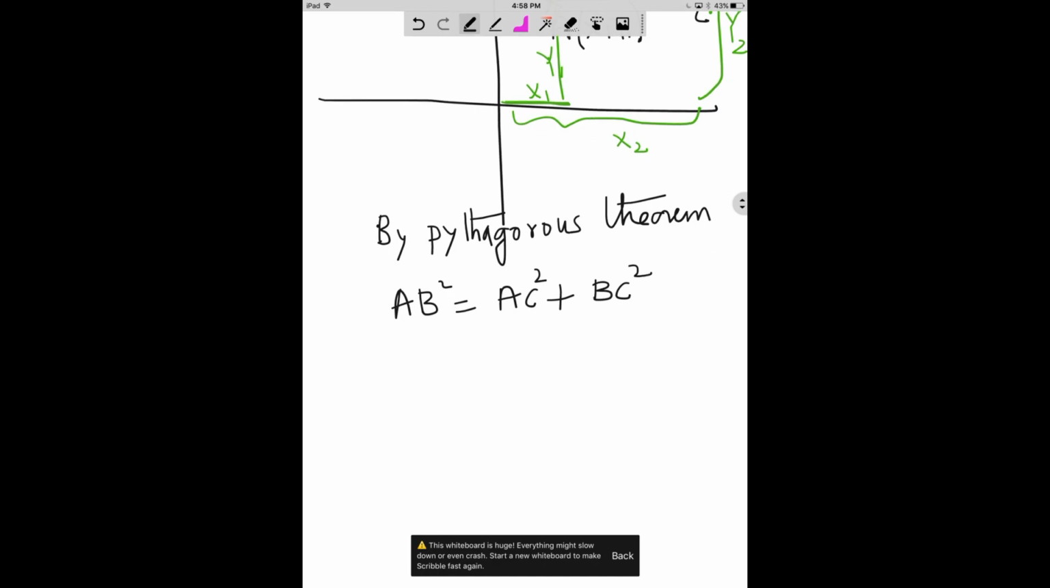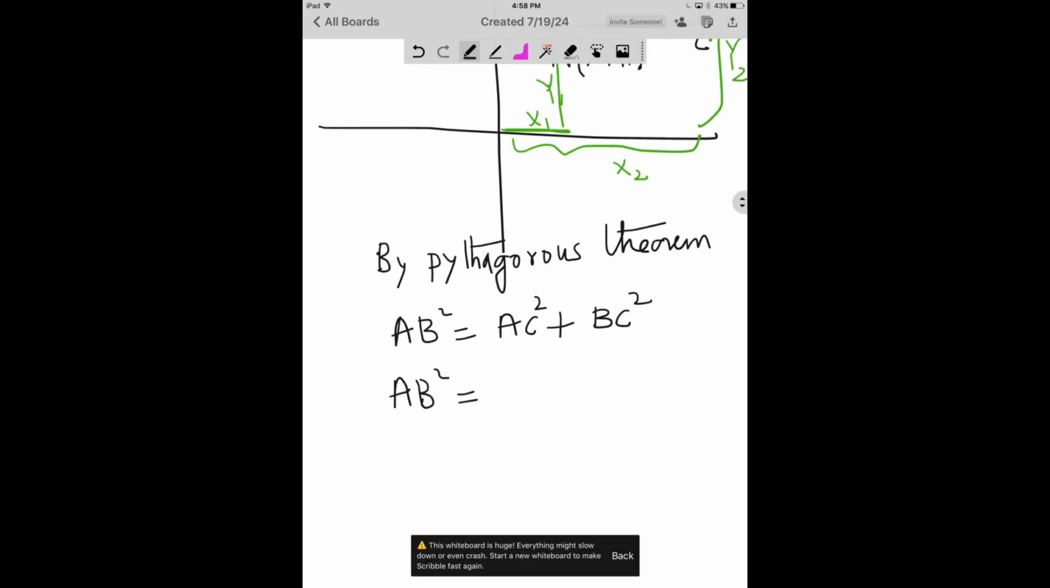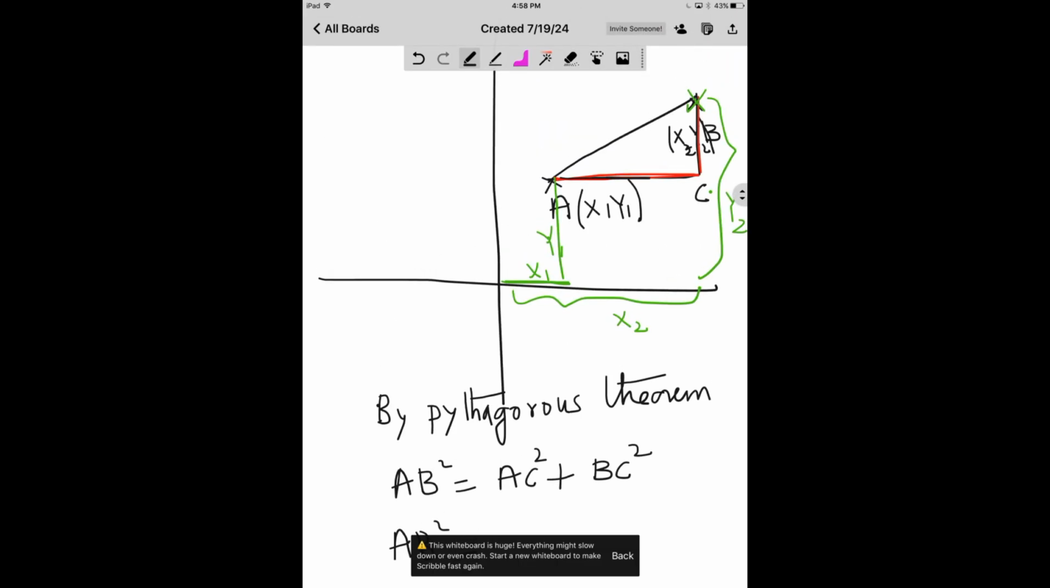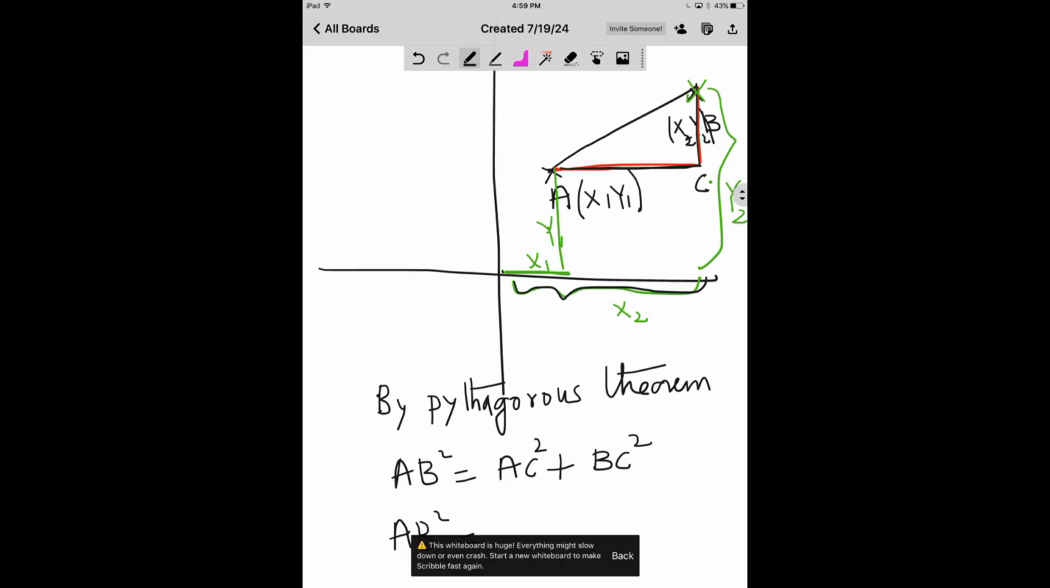What is AC square? AC is, say AC square. What is AC? AC is x2 minus x1, horizontal distance from the origin to C minus the horizontal distance from the origin to A, that is x2 minus x1. AC is x2 minus x1. The whole square plus